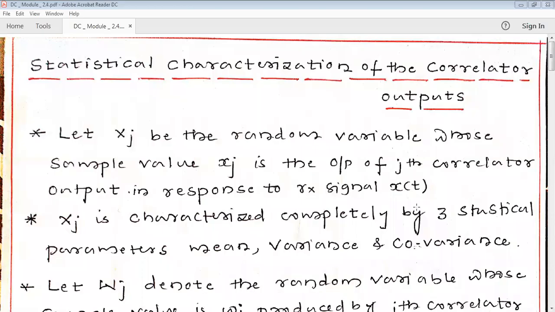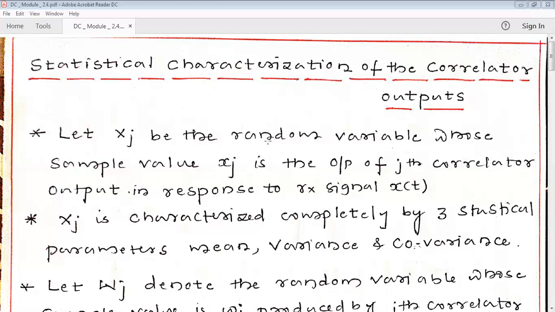Students, in the previous video, we discussed how to convert a continuous AWGN channel into a vector channel. And the received signal x of t is not only a transmitted signal si of t, rather it is the sum of the transmitted signal si of t and additive white Gaussian noise process w of t. And here in this video, let us discuss how to characterize the output of the correlator, which is basically a